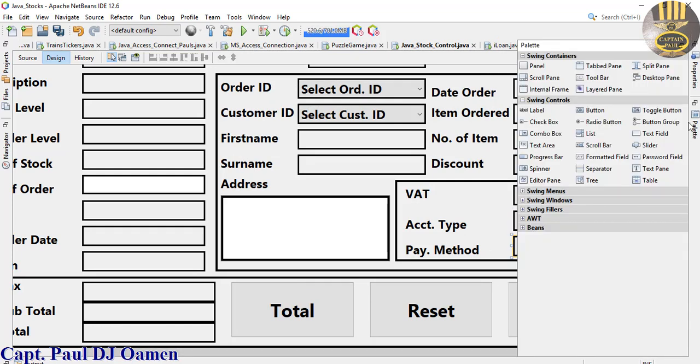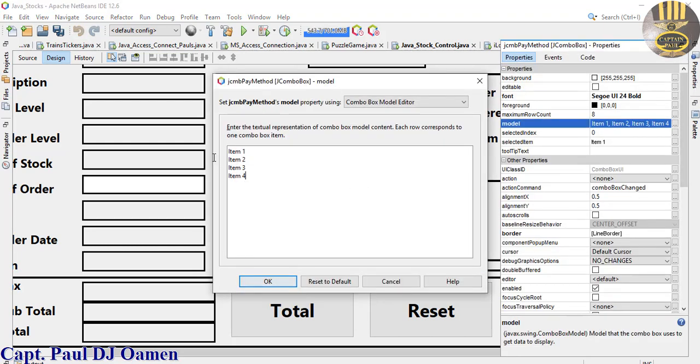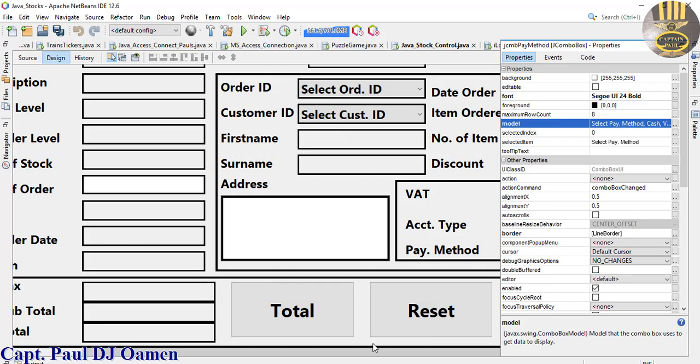So let's come back in here. Model. That one is select payment method. Okay, so the payment method will be, let's say, cash, Visa card, MasterCard, or debit card. There we go. Alright,